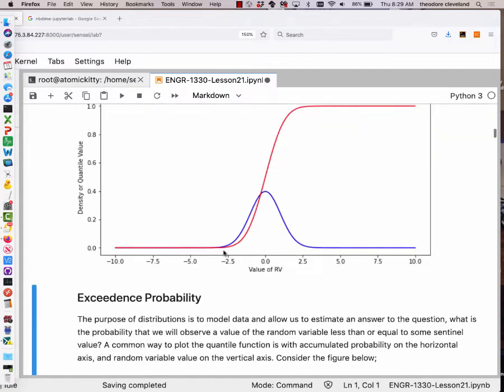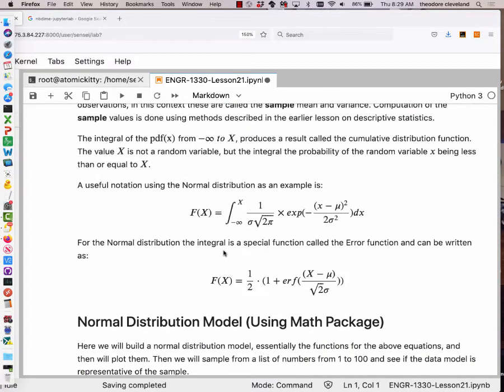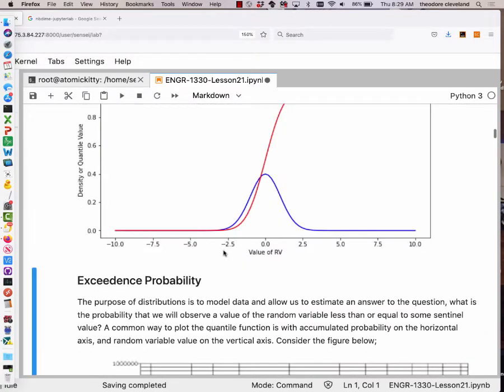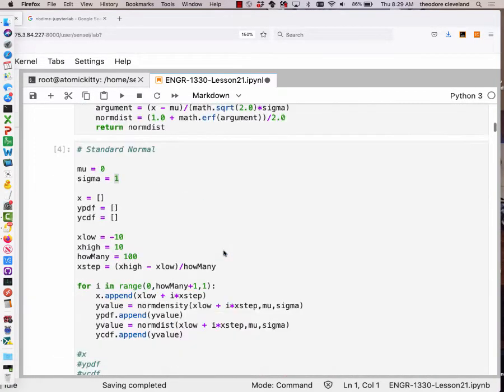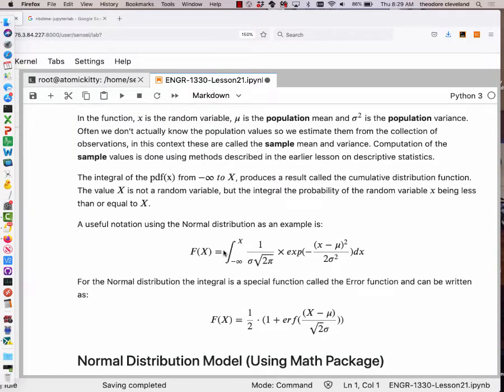Let's go look at the definition again. Maybe you can figure it out all by yourselves, no help. The red curve looks like it's an integral of the blue thing, so that's one key. And if it's the integral, it's called